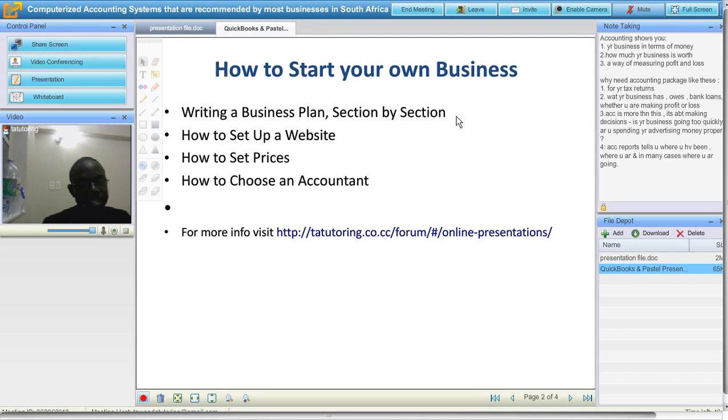An accounting package can tell you what your business has, what it owes, what it is owed by your customers, your bank loans, and whether your business is making a profit or loss.